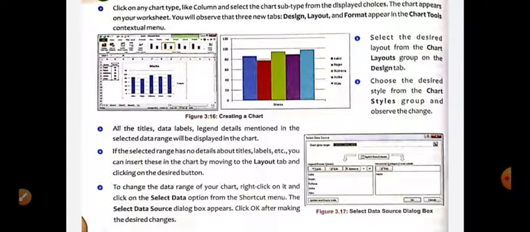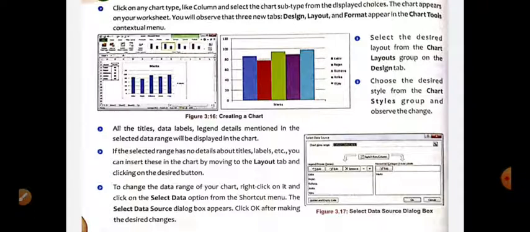Then choose the desired style from the chart styles group and observe the changes. Next, all the titles, data labels, legend details mentioned in the selected data range will be displayed in the chart. If the selected range has no details about titles, labels, etc., you can insert these in the chart by moving to the layout tab and clicking on the desired button.